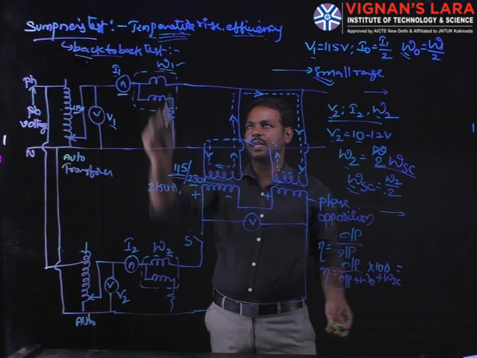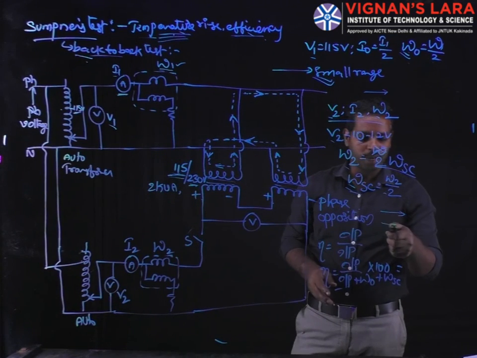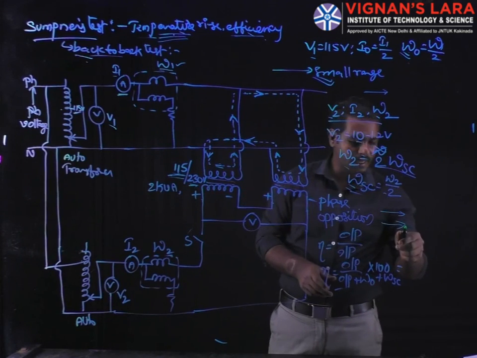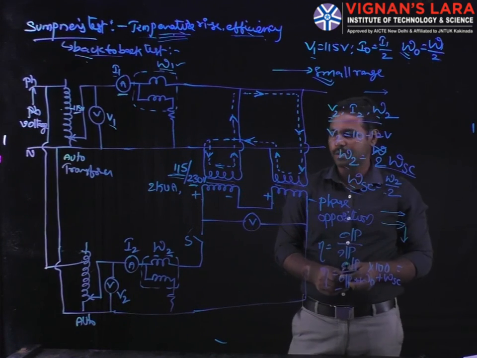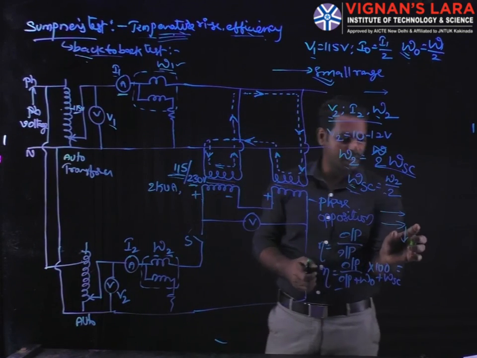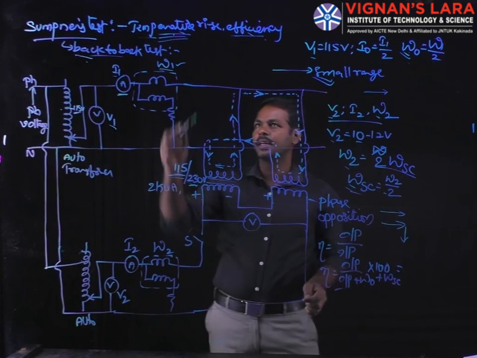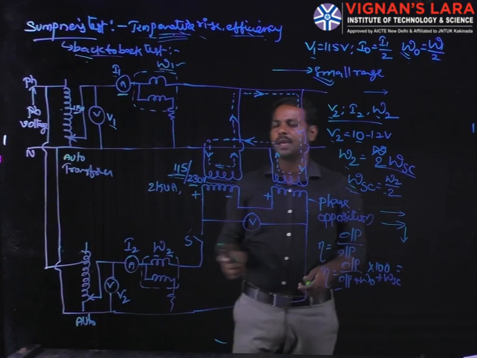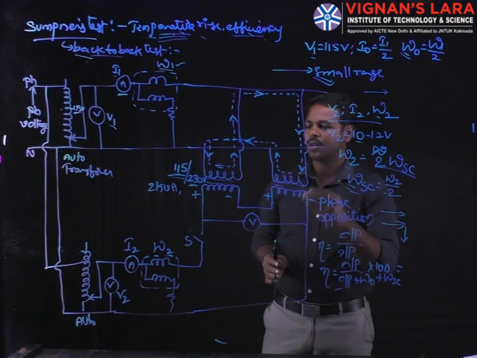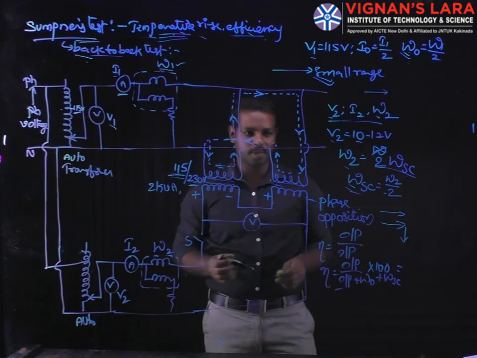Temperature rise is calculated during the operating conditions. We apply the full load current of the transformer and take readings at regular intervals. That means the temperature rise of the oil is calculated at regular intervals of time. Based on those intervals, we get how much the temperature rises from no load to full load conditions. So this is the Sumpner test.